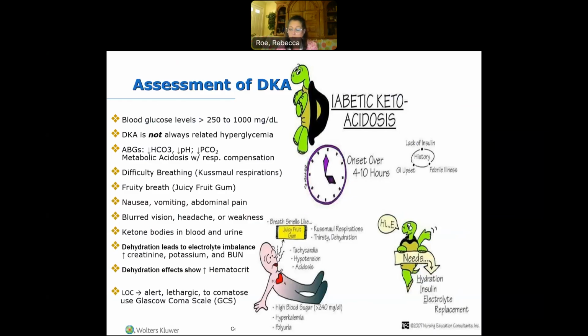So this is a very big situation because they're going to need continuous EKG monitoring for electrolyte imbalances specific to potassium for arrhythmias. Remember, DKA is not always related to a high blood sugar. When DKA develops with normal or near normal blood sugar, it's referred to as euglycemic DKA. And it's important to recognize because this euglycemic DKA